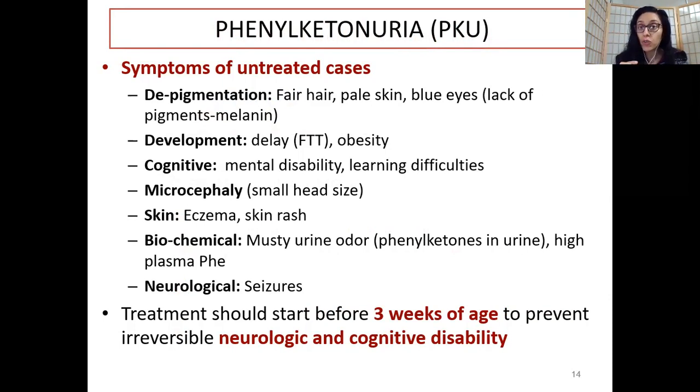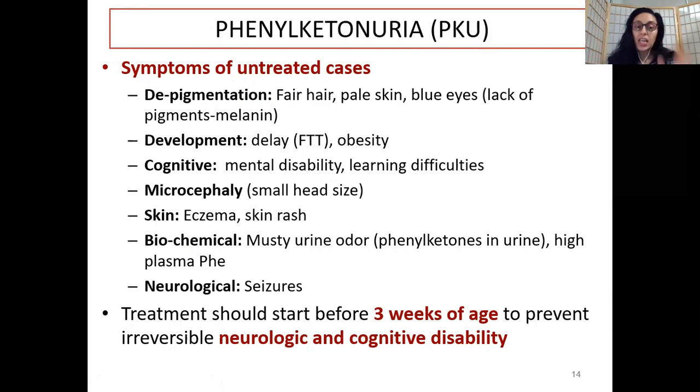Similarly, phenylketonuria patients have to do phenylalanine level testing of their blood. Then you have neurological issues such as seizures. This again is because of phenylalanine crossing the blood-brain barrier essentially, and of course because of catecholamine as well. But predominantly, guys, neurological issues are essentially because of the crossing of phenylalanine across the blood-brain barrier.